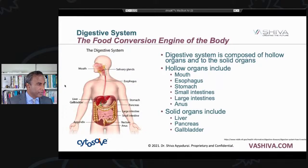Then you have on the right side of you, for most people, your liver and your gallbladder, right? Then you have your stomach, you have your pancreas, which is a very small organ down here. You have your large intestines, and then you also have your small intestines, okay? You have your rectum, and then your anus, and over here is your appendix, which is hanging off over here, okay? So you have a number of components, and they're all connected together, which is what gives you your digestive